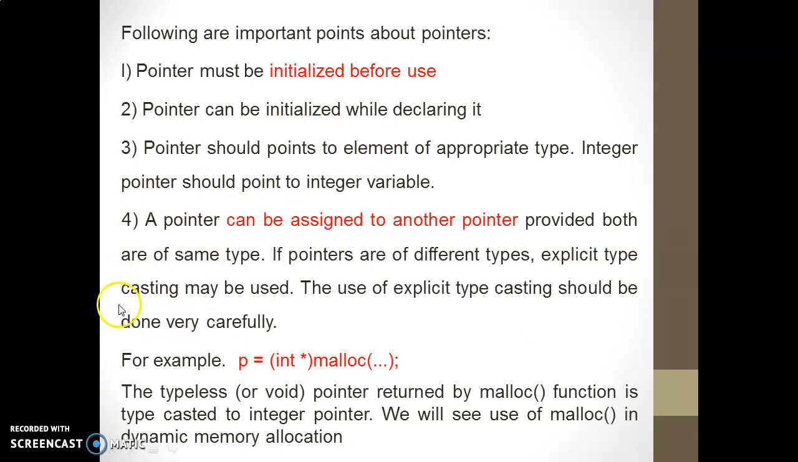So now following are the very important points about pointers. Pointer must be initialized before use. Pointer can be initialized when declaring it. Pointer should point to an element of appropriate type. An integer pointer should point to an integer variable. So the important